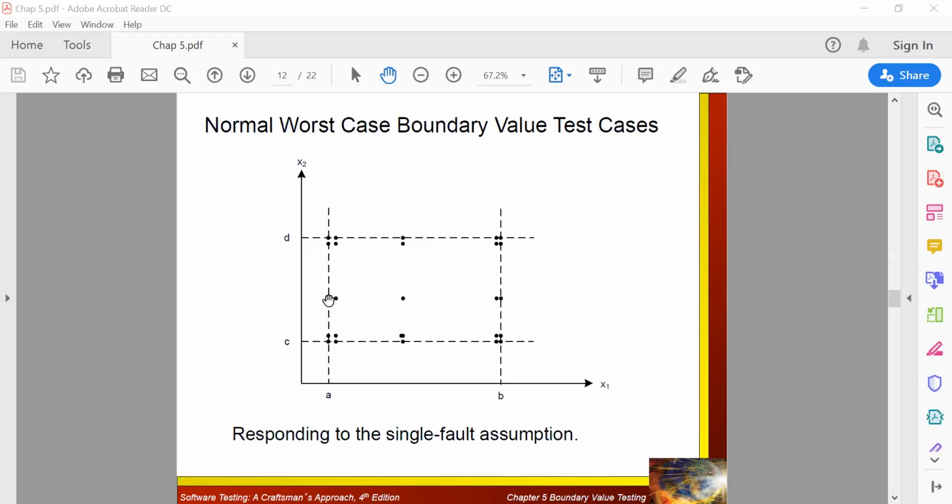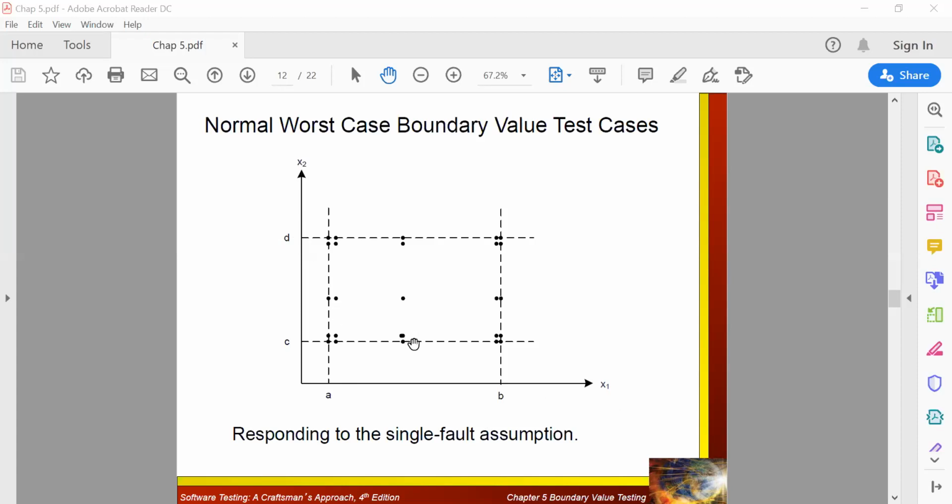Worst case, if you want to understand it better, then you need to take two independent variables, x1 and x2. A and B is the range with respect to x1, C and D is the range with respect to x2.